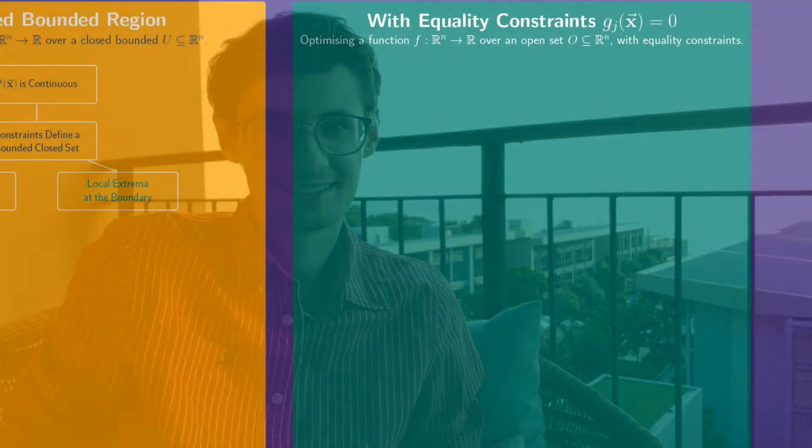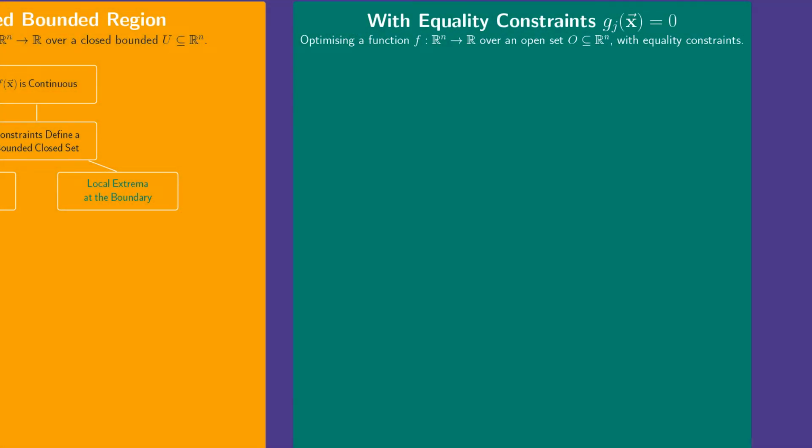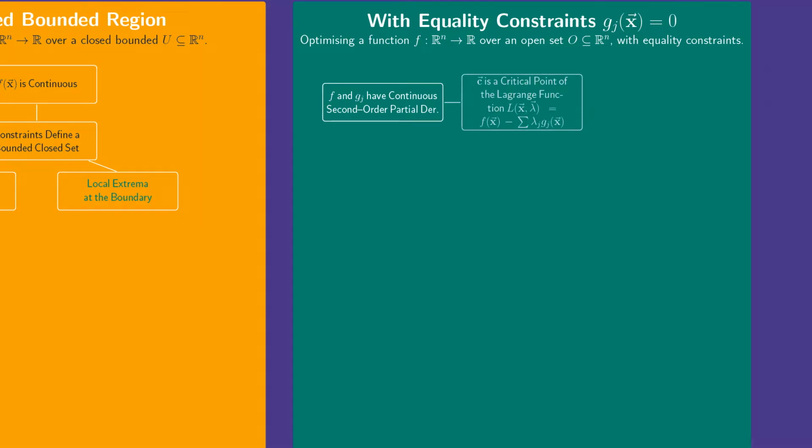Now we look for extrema at the boundary, which is given by an equality constraint. As before, I will first explain to you a general procedure how to find extrema with equality constraints before we will look at our particular example. Since we here deal with equality constraints of the form g equals 0, we extend our assumption on continuous second-order partial derivatives also to these functions g. Then we employ the method of Lagrange multipliers to find a critical point c.